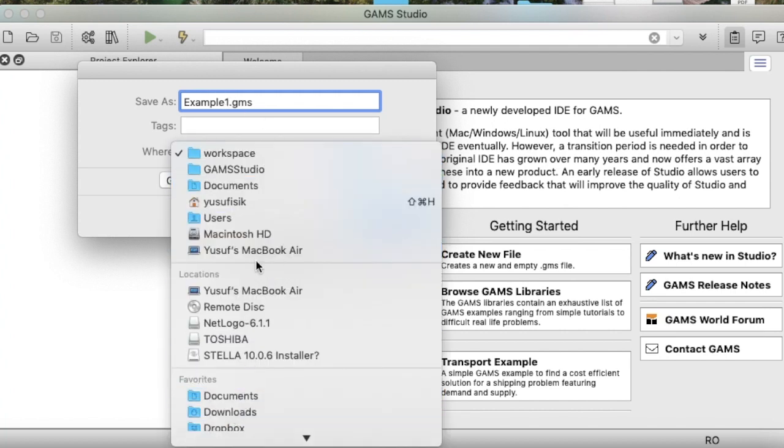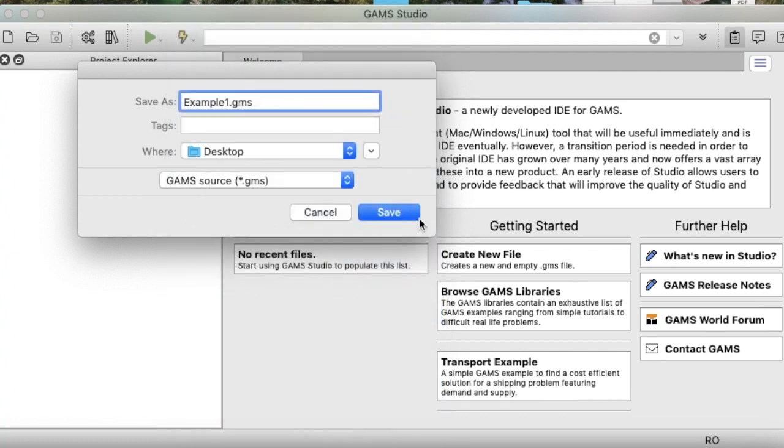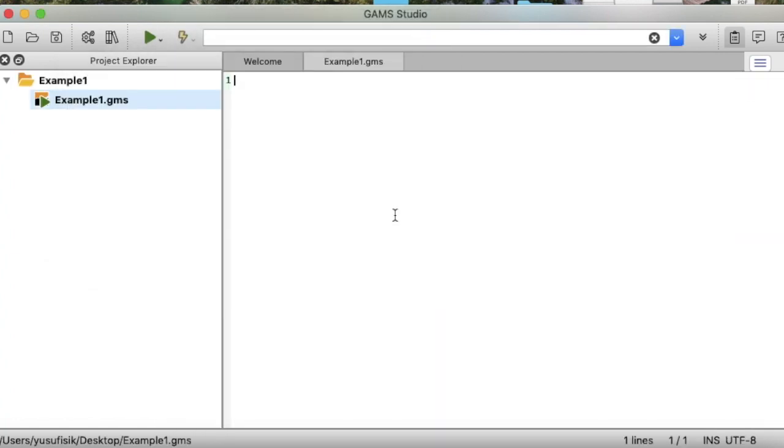And save it to desktop. Okay. Now first, I will define the variables. Here, I think it will be better if I increase the font. So here it is,